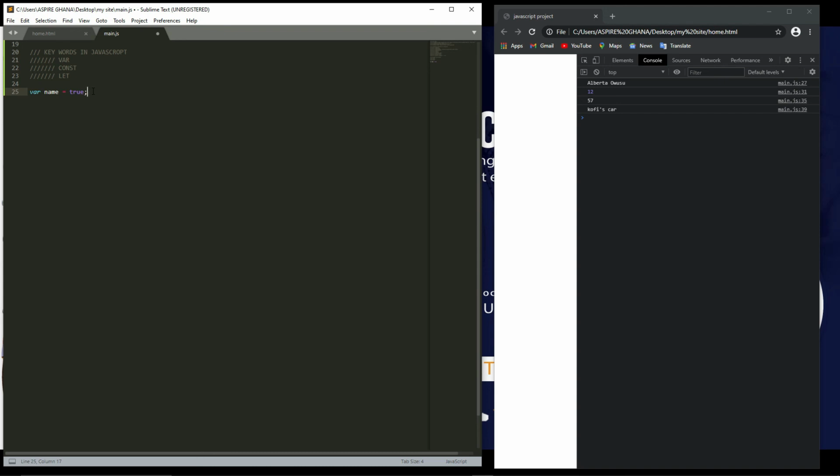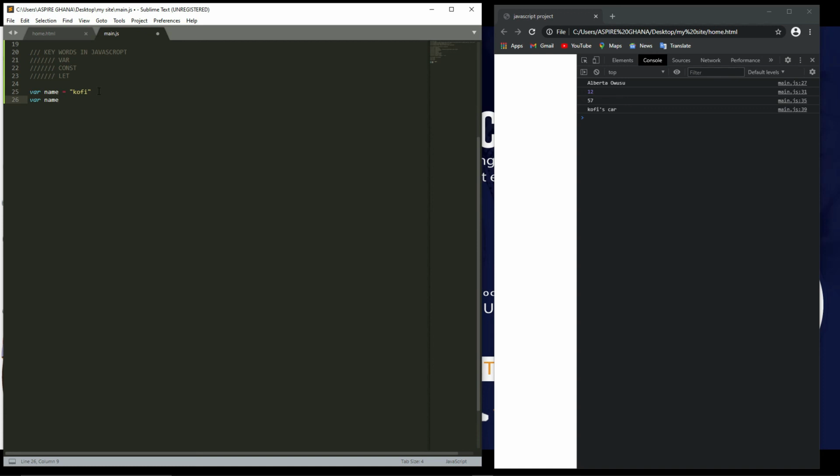We want to know whether the expression is true or false. So we create the variable. We say variable name equals Kofi. And now we come and say name,